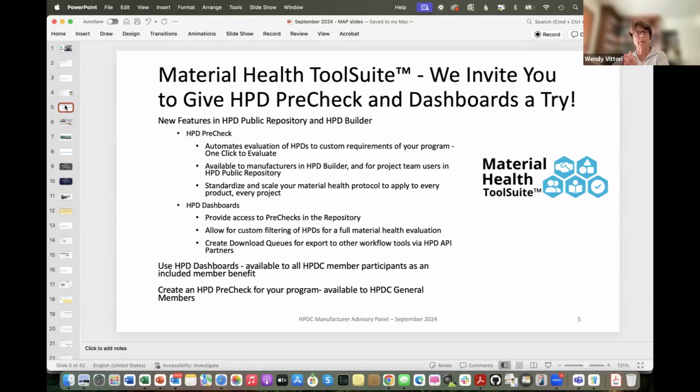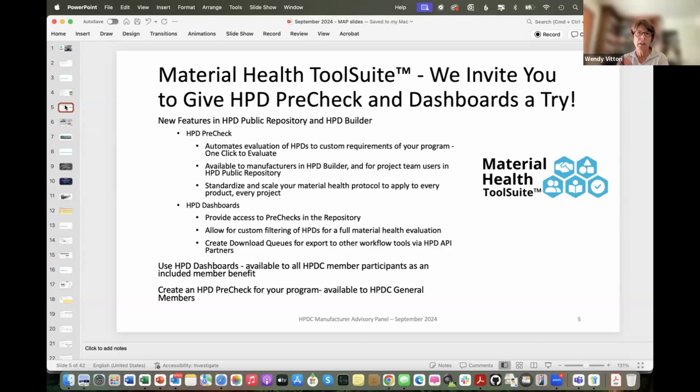But of the ones that are, and we hope to have more, you can actually filter the HPD repository database and find how various products, let's say in a particular CSI classification, are coming up based on a selection of criteria that you might use, or a pre-check such as the one we have available from Bora Architects.